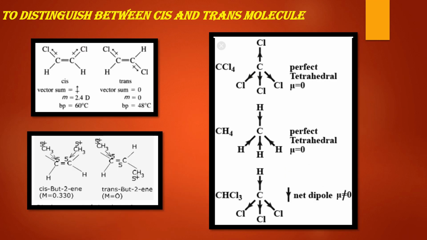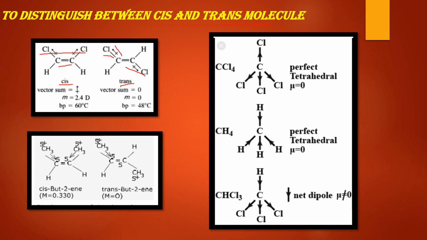Now the next is to distinguish between cis and trans isomers. And this is again very important. You know that whenever there is a double bond in the compound, then two isomers are possible because the rotation of this bond is restricted. So the positions of the nuclei are fixed. So whenever two same atoms are on the same side, like two chlorine atoms on the same side, then this is called the cis isomer, right? And if they are on opposite sides, like this and this, the trans position, then this isomer is called trans.